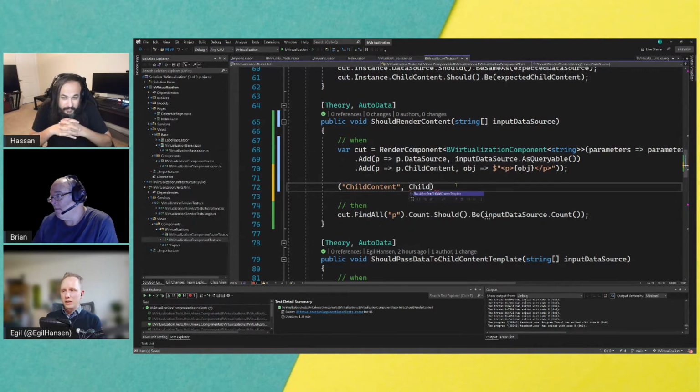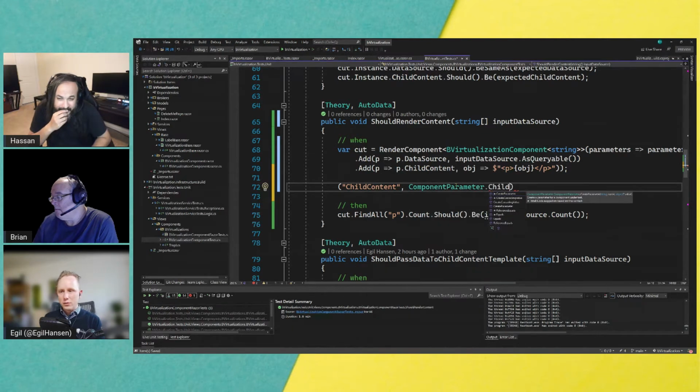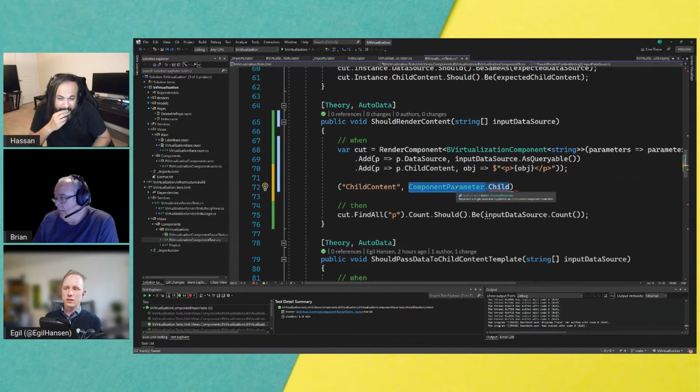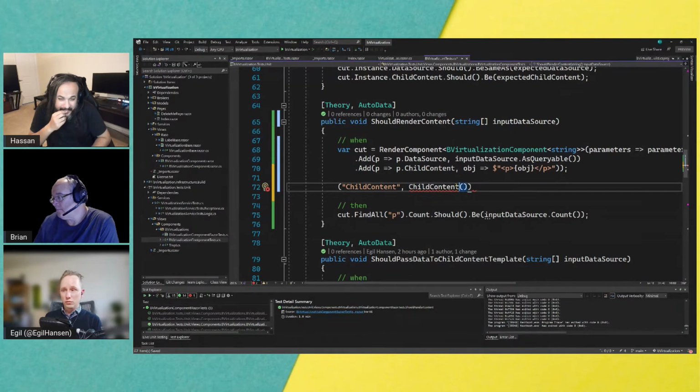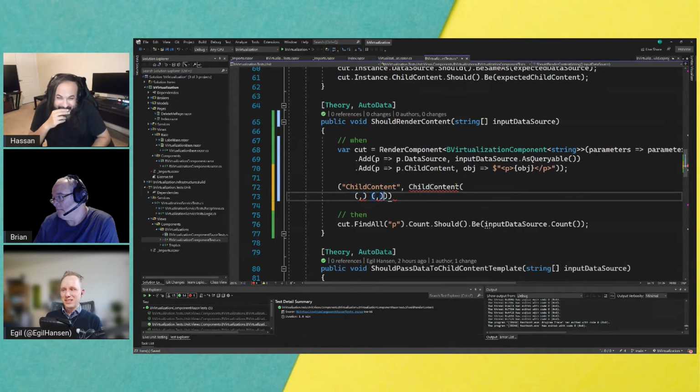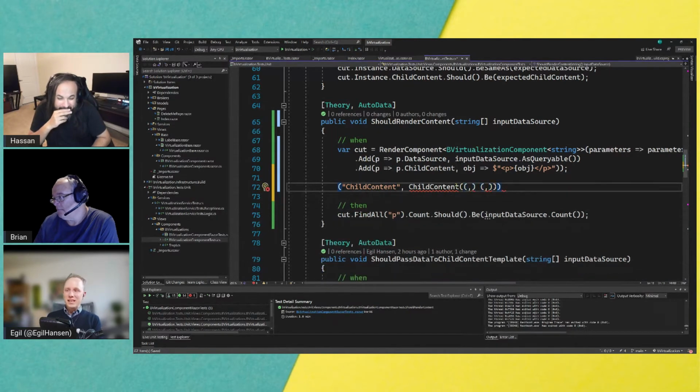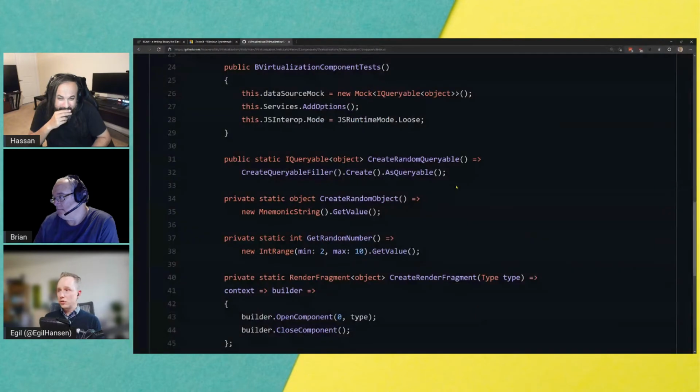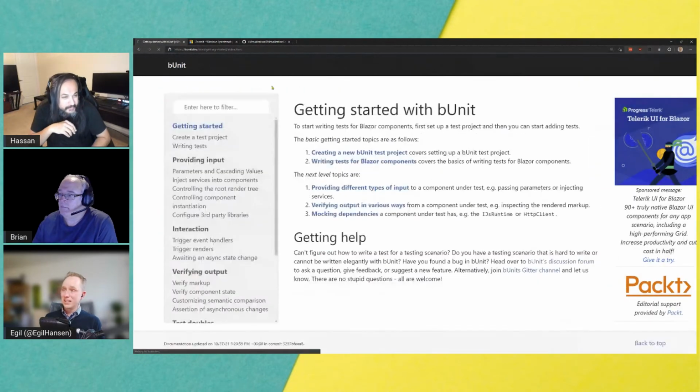And then initially I had sort of a component parameter. That's why we have creates. Then the create, there was a child content method you could call that would then itself take tuples and so on and so forth. And then you had a Christmas tree kind of thing going on, because then you would have something like this. But gotcha, as soon as you get into something a bit more complex, then it turned out that